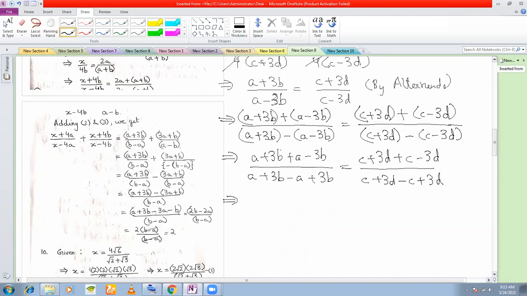So here in the numerator you have a plus 3b and a minus 3b cancelling to get simply 2a divided by, and you have a plus a and a minus a cancelling to get 6b. Here you have 3d and a minus 3d cancelling to get 2c, and you have a plus c and a minus c cancelling to get 6d. So therefore again 2 and 2 will cancel here, 6 and 6 will cancel here. So you get a by b is equal to c by d. That means a, b, c, d are in proportion.